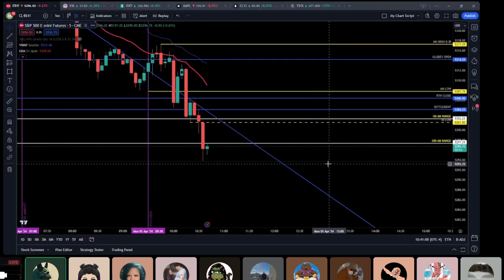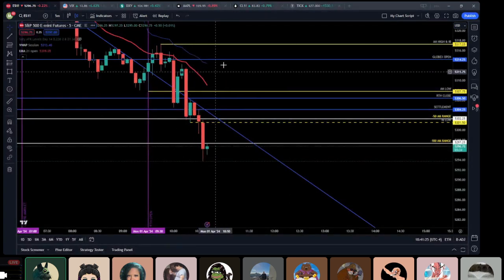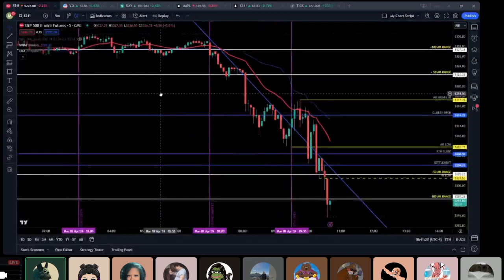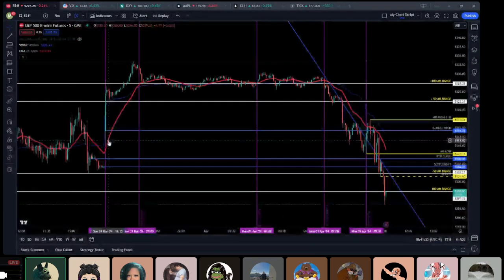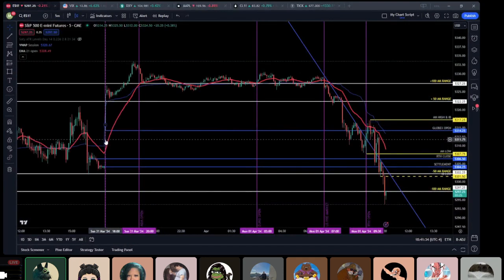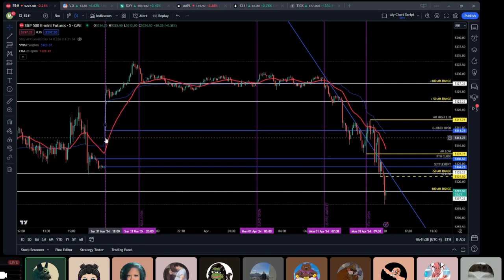So that's expansion ranges, right? Where you take the range of the range and you would add 50% to that, and that would be your expansion levels, or 100%, or 150%. You could do that with the AM session range. You can do that with the overnight range, right? The overnight range was from here all the way up to here, and you can, let's see, that's